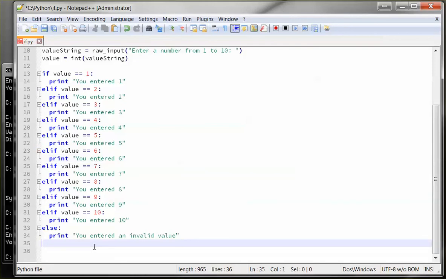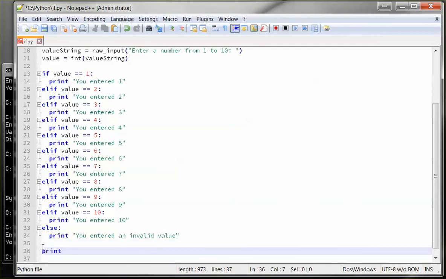The last version of the if statement that we're going to discuss is the version that includes this new keyword called else if. The keyword is actually spelled E-L-I-F, but it means else if. So the way you would read this code is it says if value equals 1, if that's true, print you entered 1, and then the program's done. It's going to drop down to this next statement. For instance, we could say print end. It doesn't need to evaluate any other of these conditions because the user entered a 1,